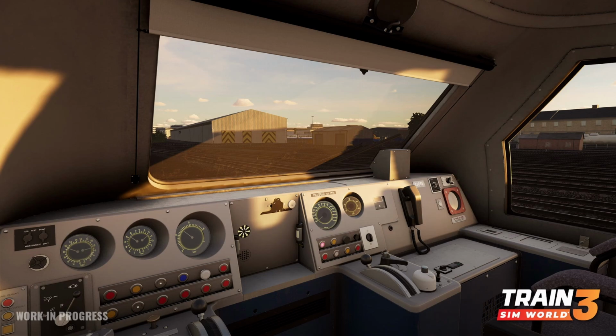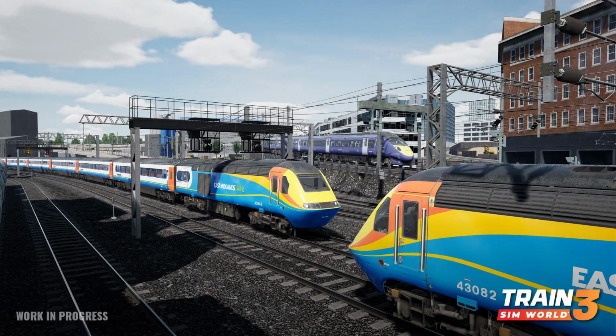A process of collaboration. Midland Mainline has been a thoroughly collaborative project. Just as we at Dovetail have sought help from the likes of TSG and our beta community for the BR103 on Rheinstrecke, we've been able to help and support Skyhook in Midland Mainline. So, in practical terms, Skyhook have built the groundwork for the 158 and HST by building the models, artwork, and